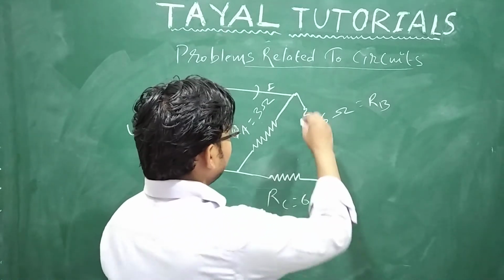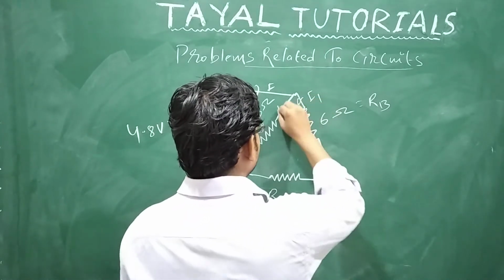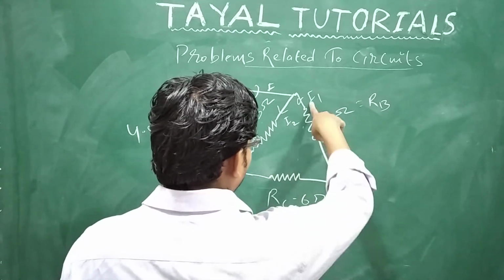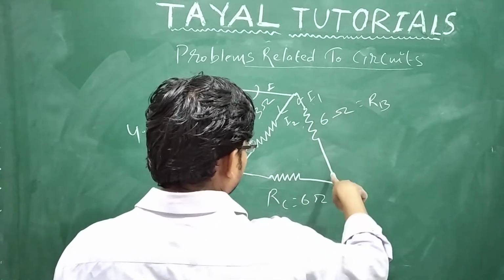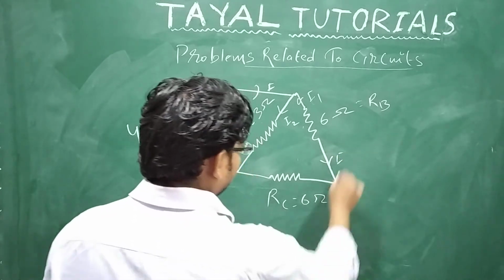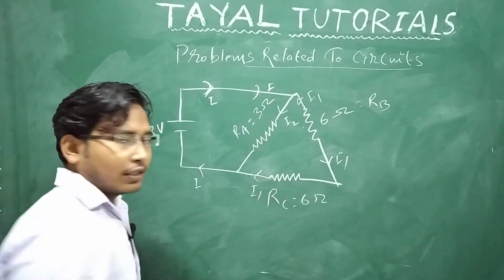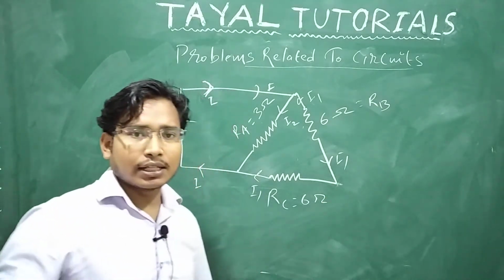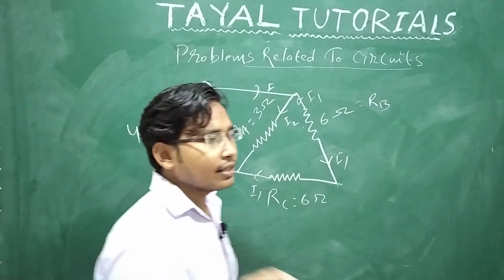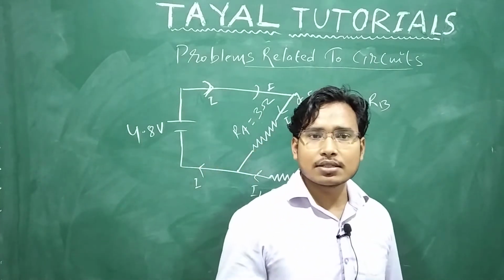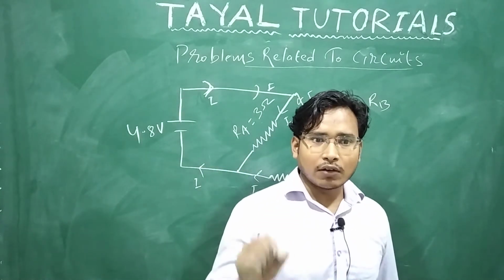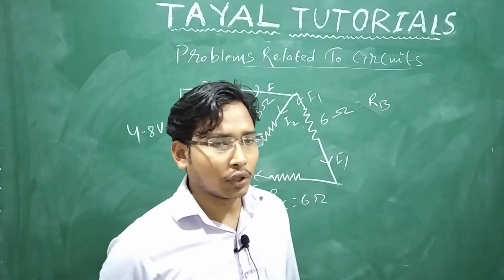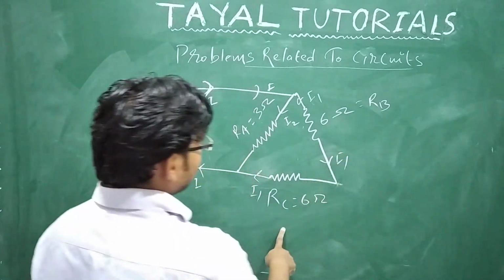So when it goes that way, let's say the current is I1. Up to here I1 is coming, so the concept of series is very much clear to you. In the circuit, when the current is the same through the elements, we treat the elements as series. When the voltage across the elements is the same, we treat the elements as parallel, okay. So you can see 6 ohm and 6 ohm are in series.